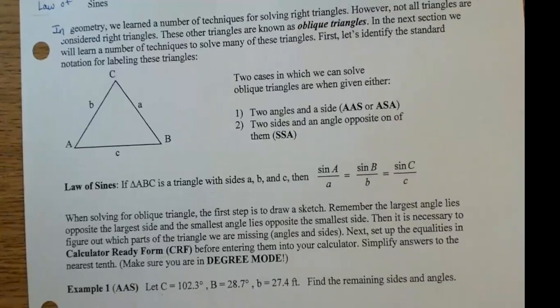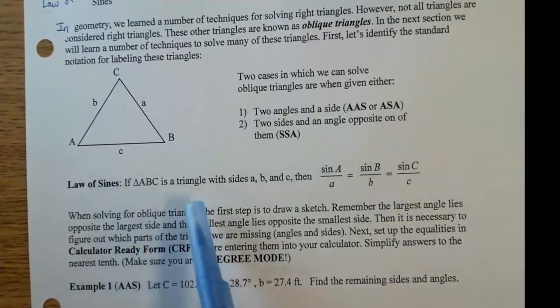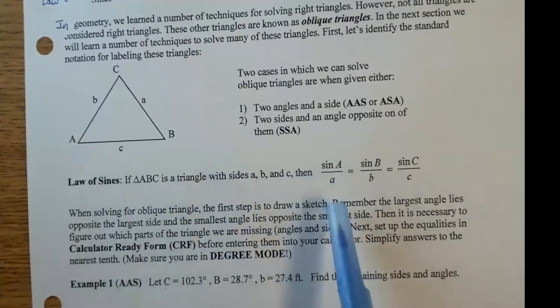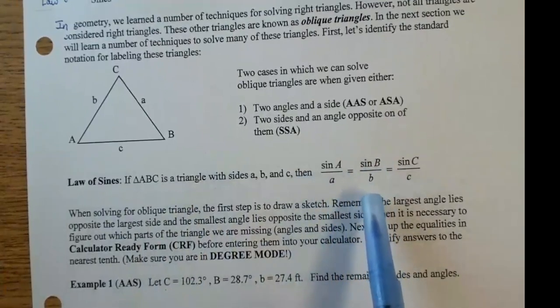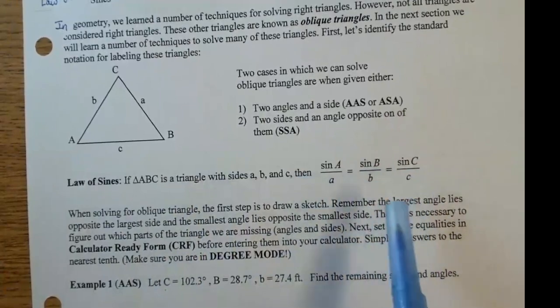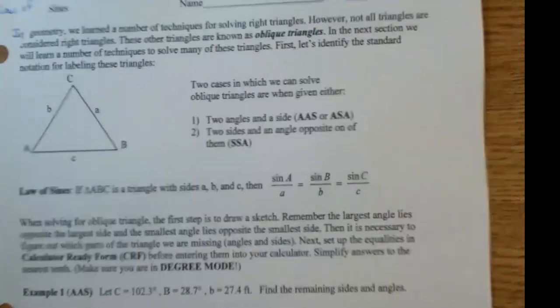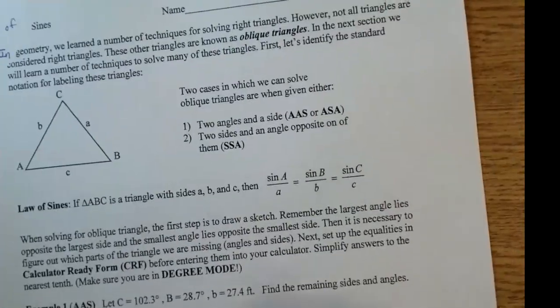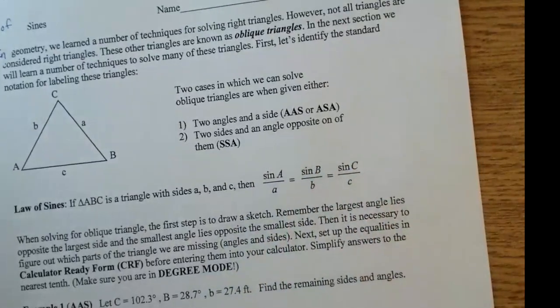Okay. So again, we could go through and draw in some altitudes and mess around with some things and prove how this works. But when all is said and done, if we have a triangle and certain information, you can say that the sine of angle A divided by the side opposite, which is side a, is equal to the sine of angle B over b, which is equal to the sine of angle C over c. Okay, and whenever you're going through a problem, you're not going to use all three of those. You'll just use two of them. Okay, so you might just use A and B, or you might use A and C, or whatever works well